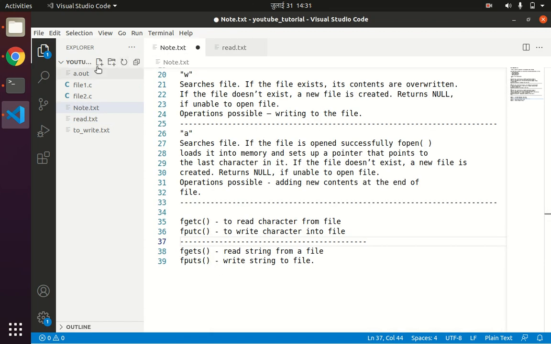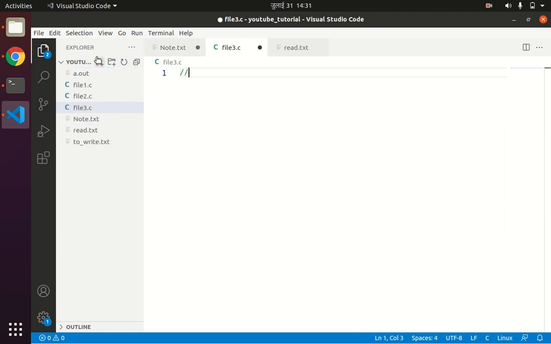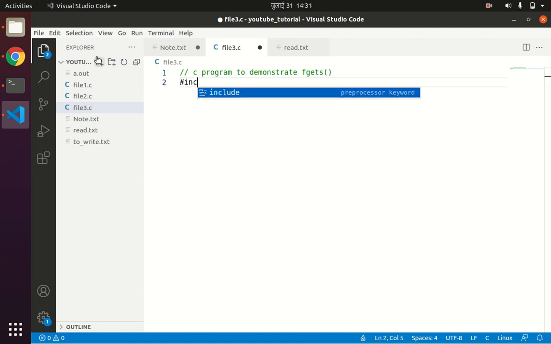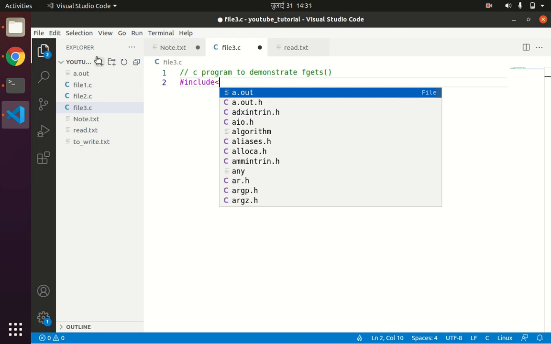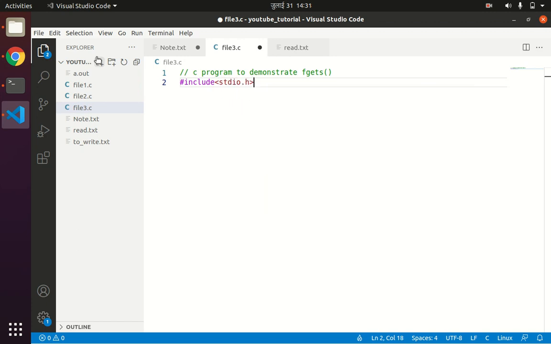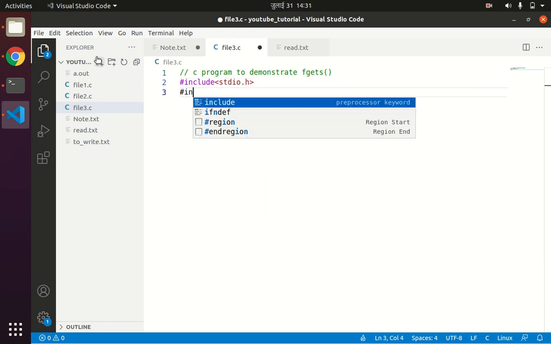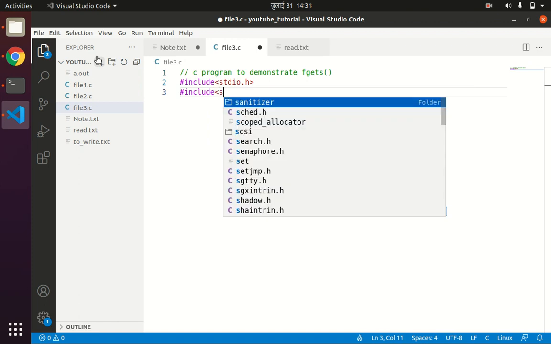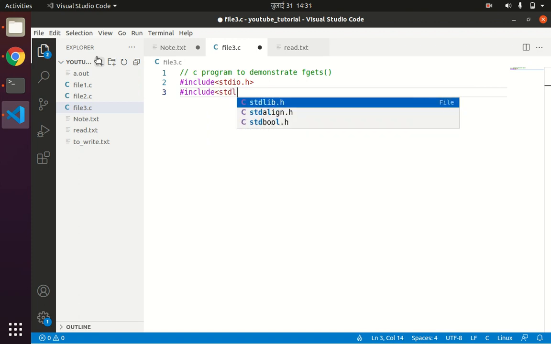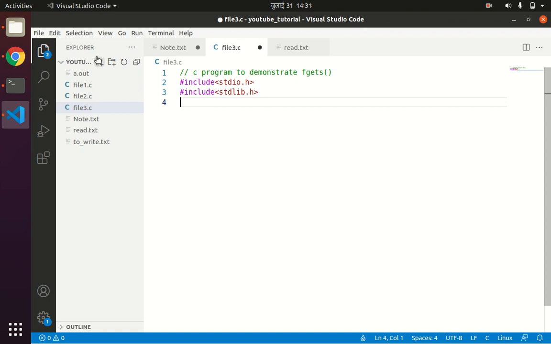So file3.c, a C program to demonstrate the fgets function. So #include <stdio.h>, #include <stdlib.h>, int main.